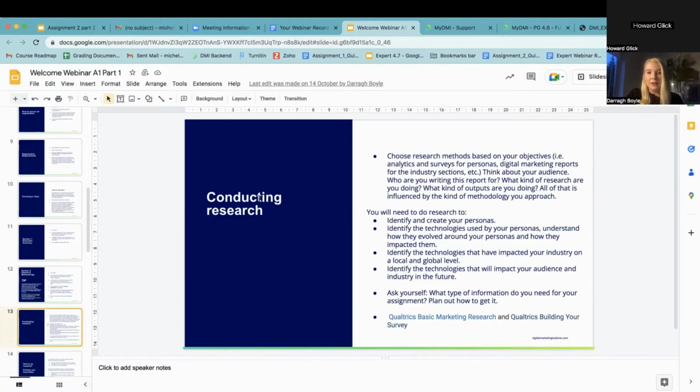So what you want to find out through your research is, how do the audience behave? What's their expectations? What's their buying journey? What channels do they prefer to use? How do they use the channels? And how has the growth of these channels and the evolution of these channels impacted them as a customer and your company as a business and the industry as a whole? So you're going to do all of that, positive and negative.